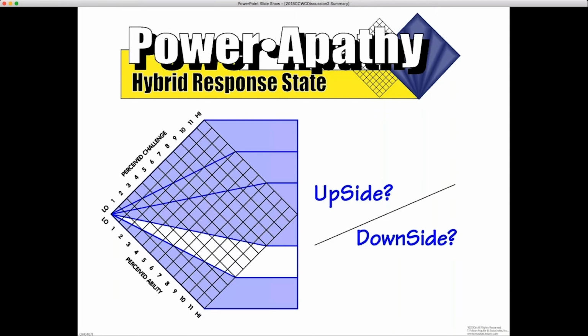The downside is, are we really creating change? And if someone's entire job resides here, and I've talked to people where that happens, they're usually not happy campers about their situation, because they want more challenge. Boredom is a big deal here. Yeah, they want more challenge. What else have you seen in terms of how you would know a client is in power apathy? Anybody else out there have any experience with this?